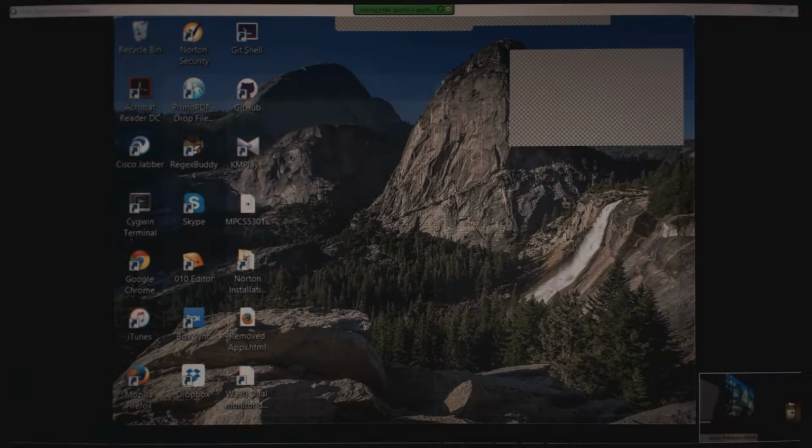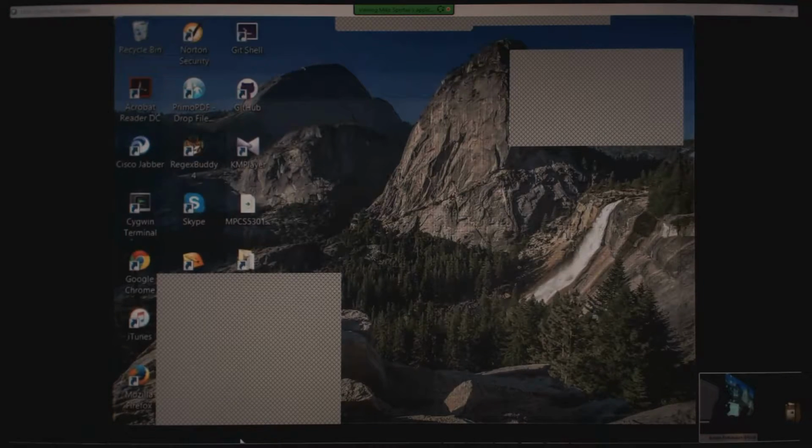That's interesting. It won't let me go to anything other than what I'm sharing. So can we just get the screen back up?